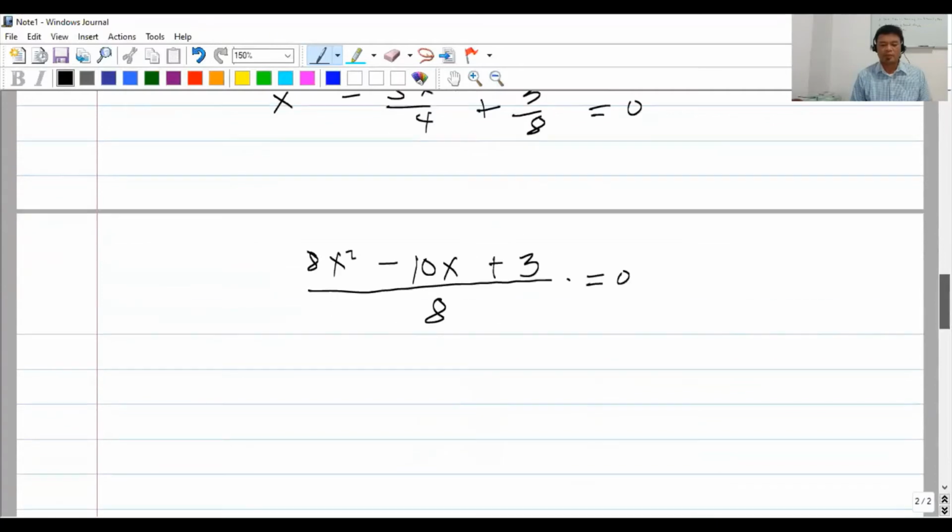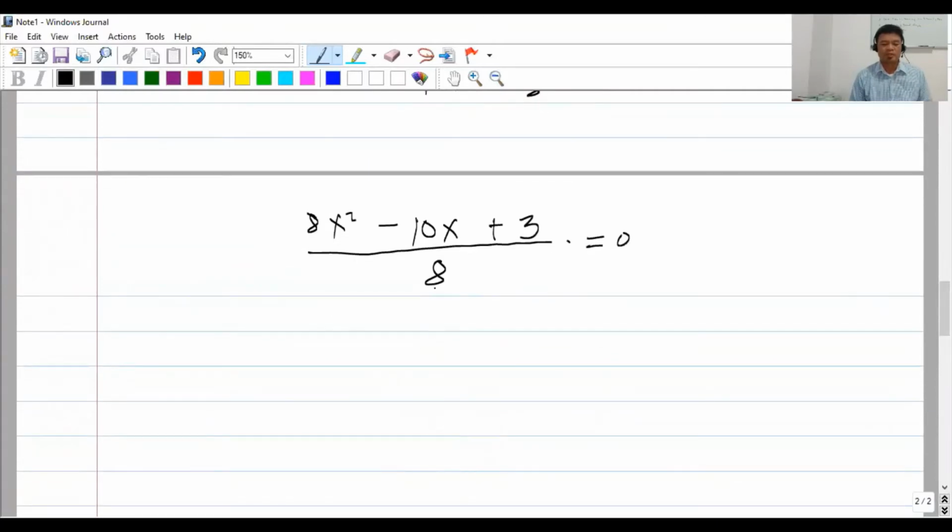Okay, and we have to get rid of our denominator here. Notice that there is a denominator here, and we have to eliminate it so we can express this in the form of ax squared plus bx plus c equals 0. All we have to do is multiply by the multiplicative inverse of 8, which is 1 over 8, and we multiply it by 8